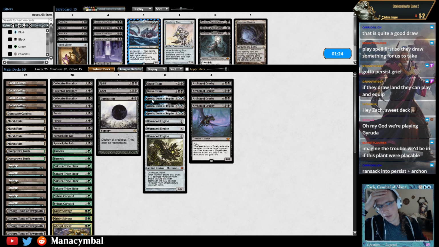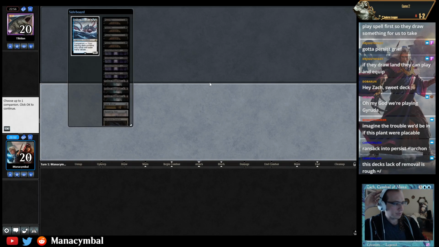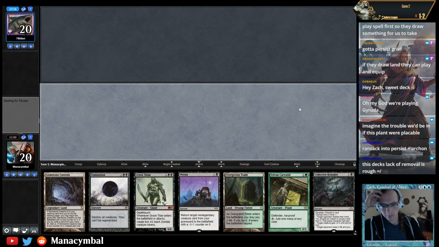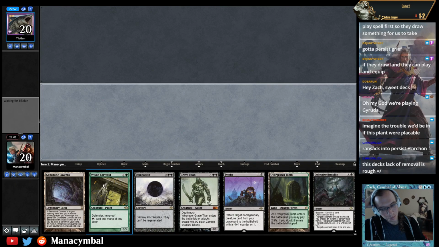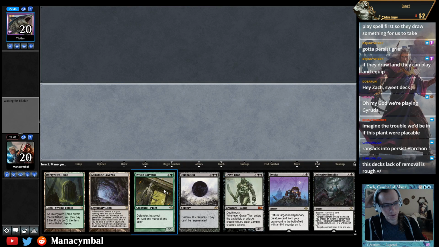Oh, we're on the play, right? We can cut a Gemstone Caverns. Should do that more often. Well, there's just not a lot of good 2 CMC removal, right? Like, you could play Slaughter Pact for a 0, but then you have to pay the 3. Or you play, I don't know, more Doom Blades, which are not...